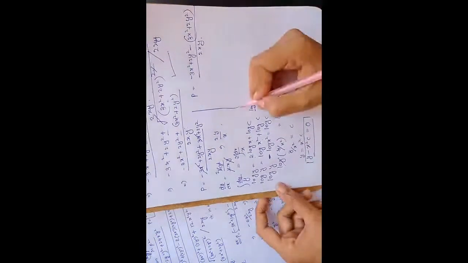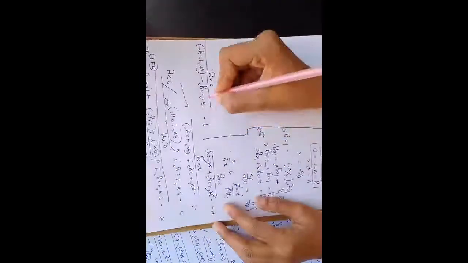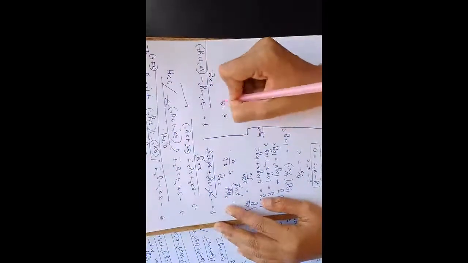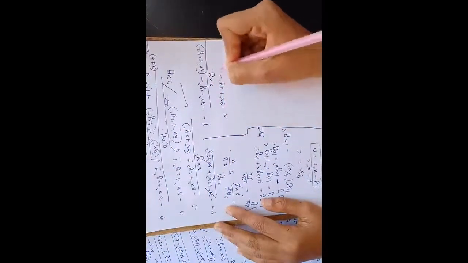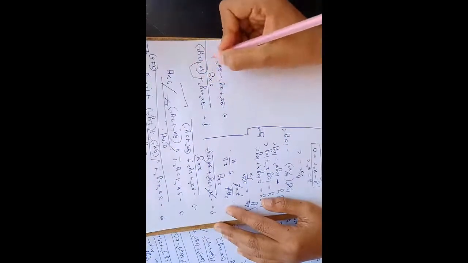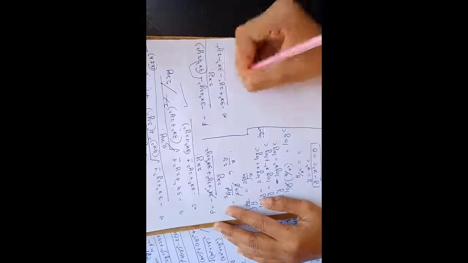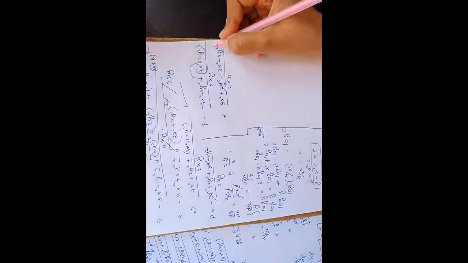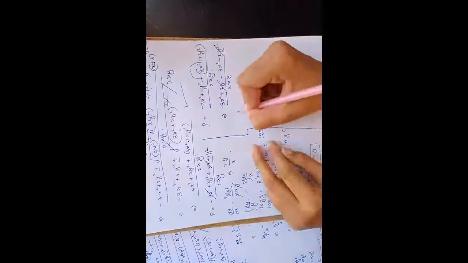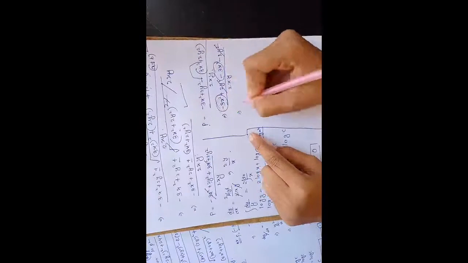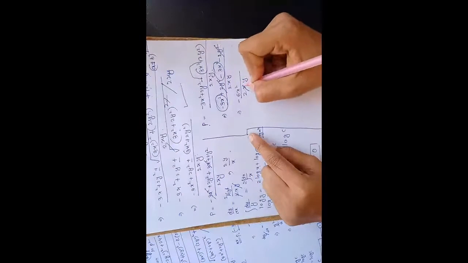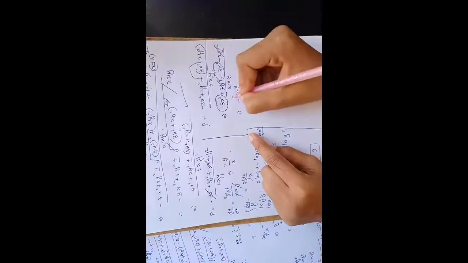Okay. So now solve the second factor. P is equals to minus 3x square plus 2y square. Now open the bracket. So it will become minus 3x square plus 2y square minus 3x square, positive into negative is negative 2y square divided by 2x into y. So here positive 2y square and negative 2y square get cancelled. So remaining term is minus 3x square minus 3x square is minus 6x square divided by 2x into y. So here x and x get cancelled. 2 1s are 2, 2 3s are 6. So remaining term is minus 3x divided by y.